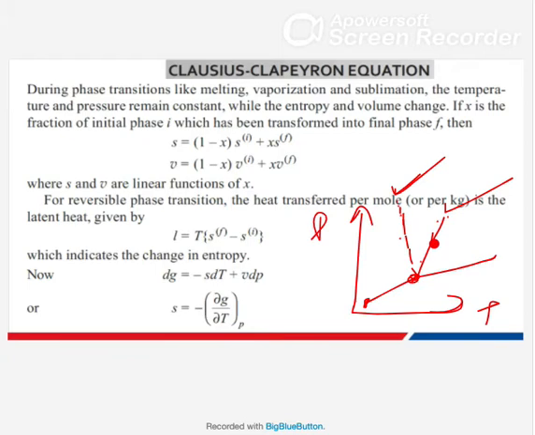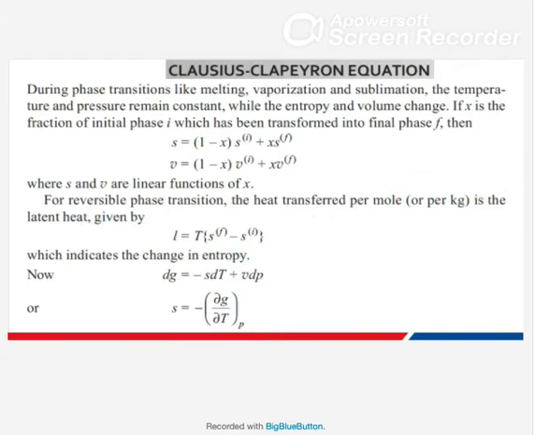But basically here we want to see this curve slope relation, and how to calculate the latent heat values. In your vapor dome, for different state points, you can have a different change in enthalpy or different latent heat. So you can calculate the latent heat value if you know the pressure and temperature. That equation also we will see.